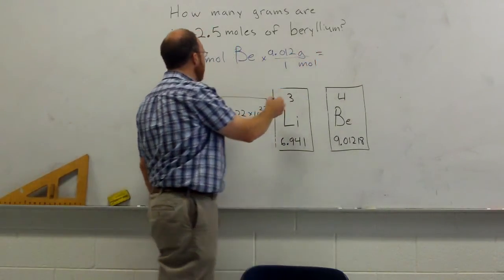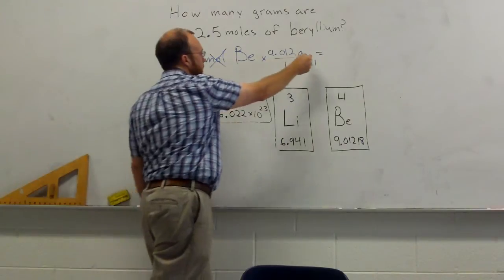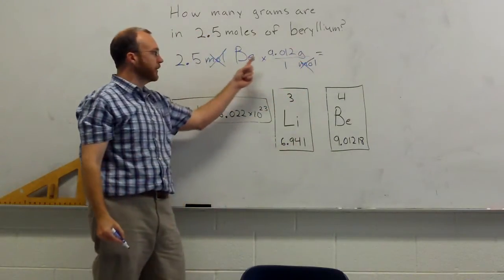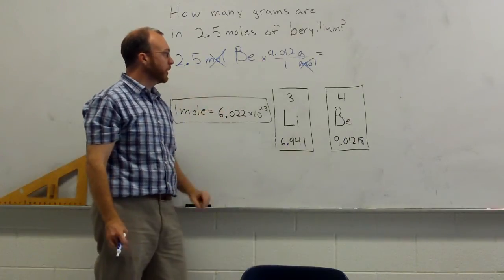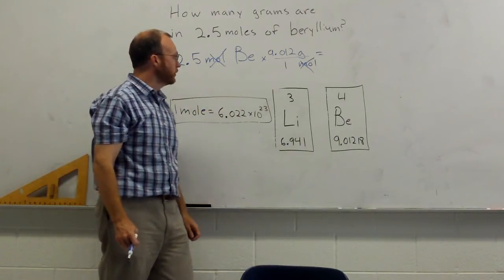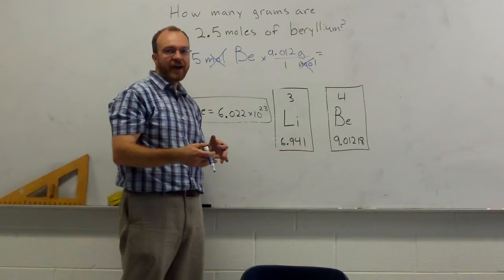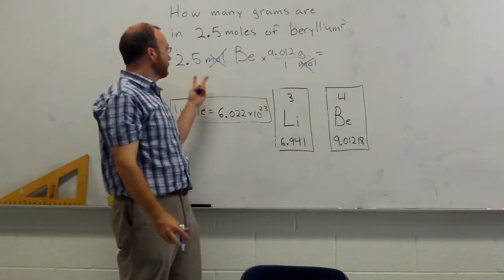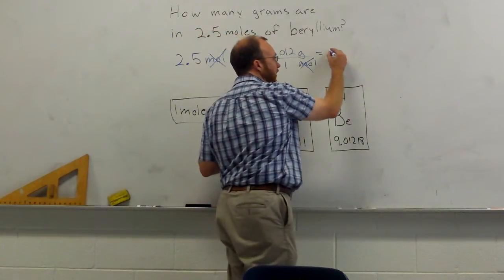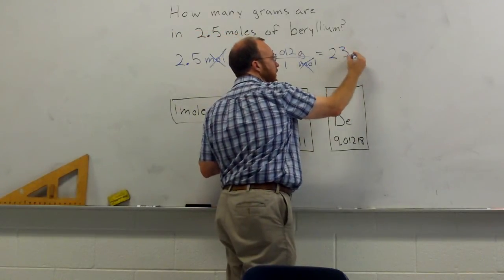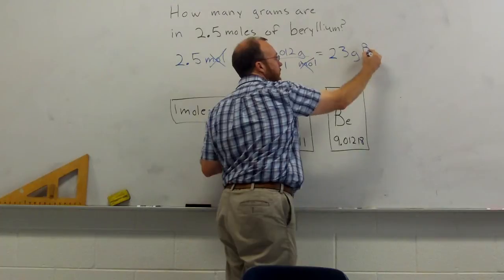So if I want to find the number of grams, I simply multiply these two numbers. Now, if you take 2.5 and you multiply by 9.012, you get 22.5 something. But we really only want two significant figures in our answer. So after we got that number, we're going to round that off, and we're going to call that 23 grams